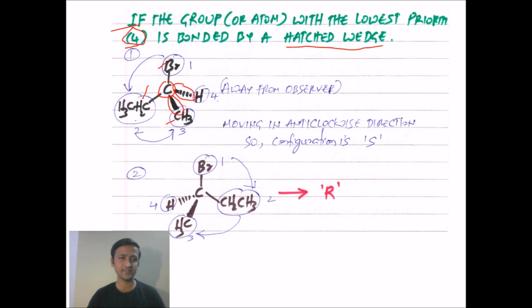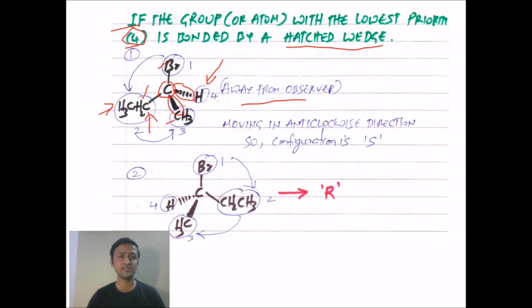So ethyl gets second or higher priority over methyl because this carbon here is attached to one more carbon, right? Whereas methyl is attached to only hydrogen atoms. So that's the reason why the second priority should be for ethyl. This is the second priority group, and the third one is methyl. Again carbon is there, right? And the last one we need to go for hydrogen. Okay, that's the least priority group and is away from the observer.